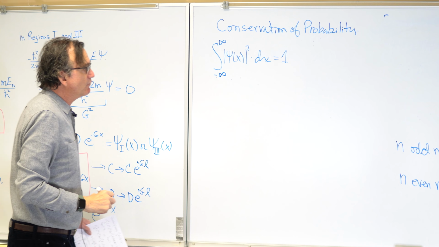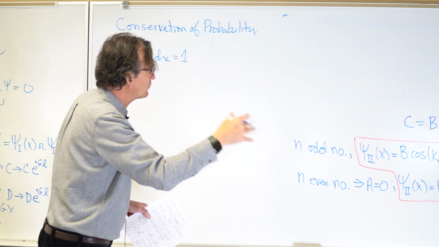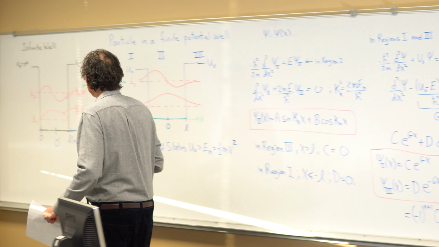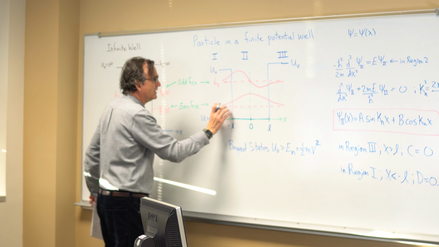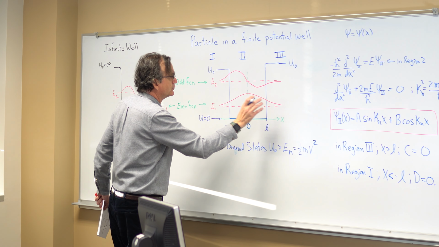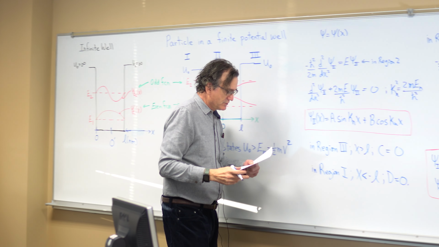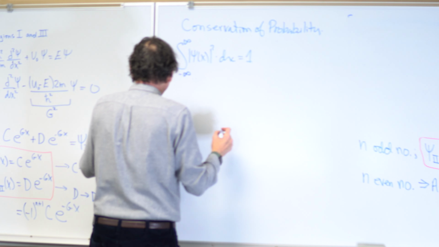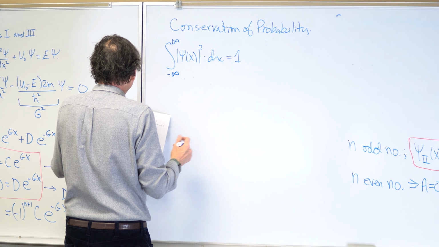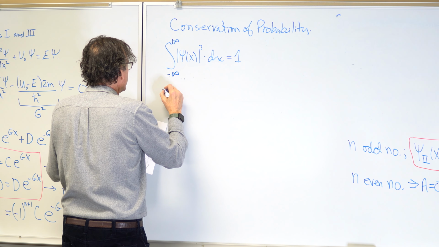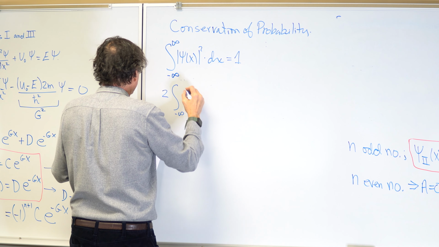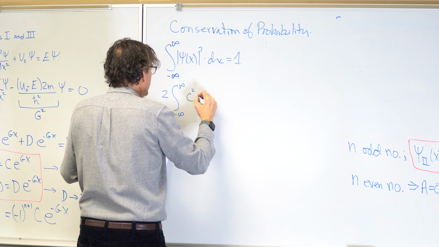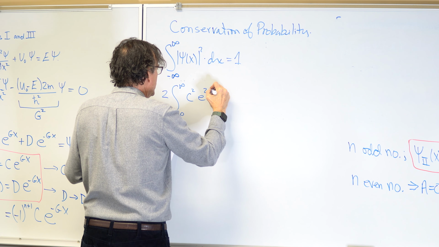Now, in our case, we have wave functions in three different regions. But we can all agree that when we square the wave function, the probability on the left of the box is going to be equal to the probability on the right of the box. So I'm going to simplify that and simply say that I'm going to take 2 times the integral from minus infinity to infinity of the wave function on the left side, so it's C squared, e to the 2GL